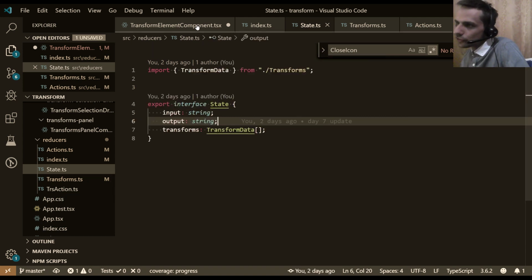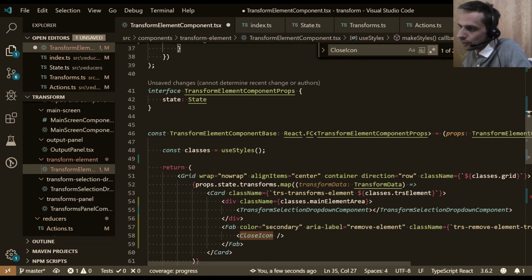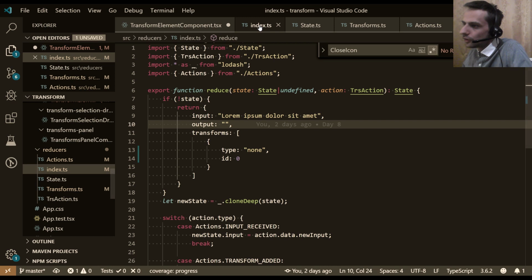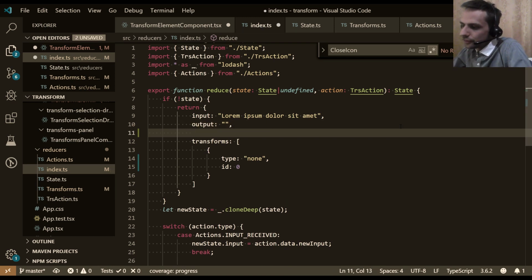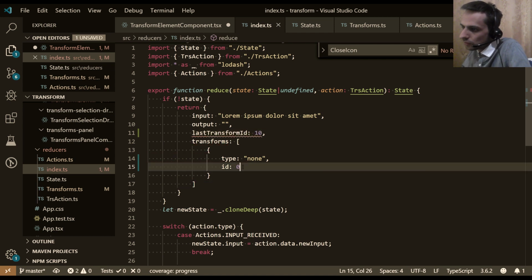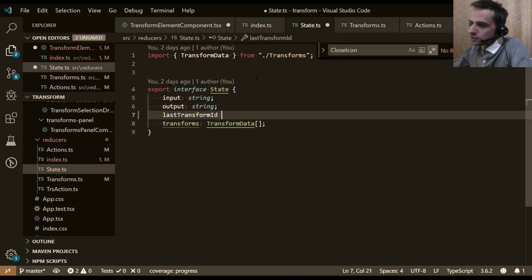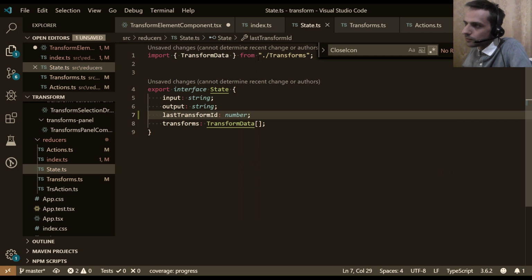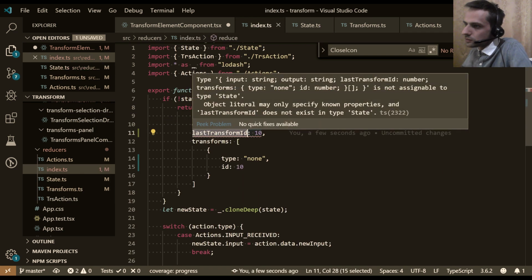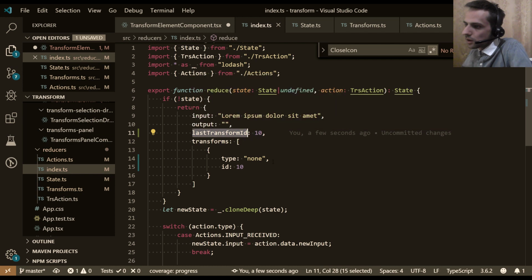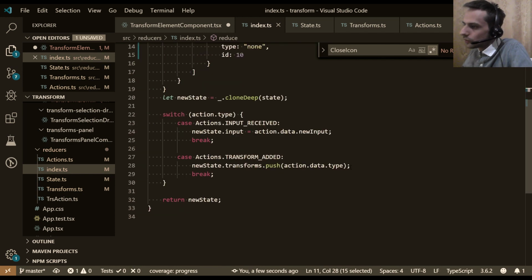To know which transform ID this is, we would need a counter to increment this ID. We could do this inside the state. Last transform ID equals, let's say, 10. So then it will be 10. And here we will have last transform ID, number. So now when we create a new transform,